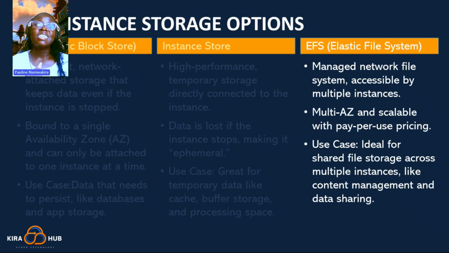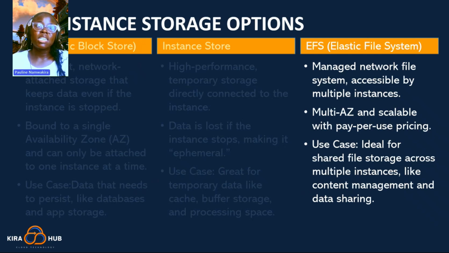EFS, on the other hand, is a shared network drive. So many instances, you can connect up to thousands of instances to the same shared folder. So it's like a shared folder on a company server. Now, EBS volume can only be attached to one availability zone. EFS supports multiple availability zone access, and it auto-scales based on the storage needs. So it's fully managed by AWS, accessible by up to 1,000 instances or more. It's fully managed and scalable,